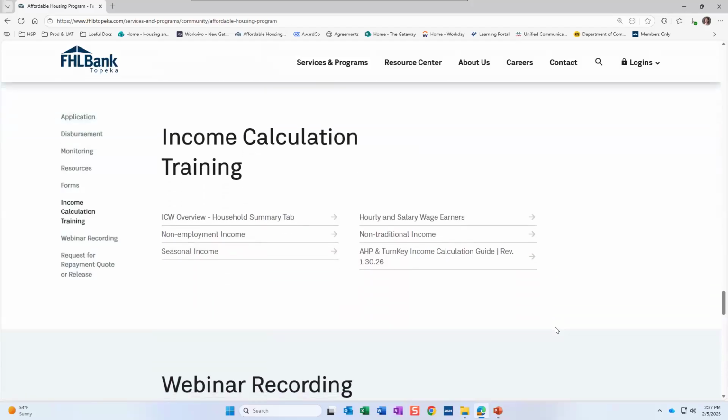Then we get to our income calculation training section. So again, another link to the income calculation guide is down here. There's 2 of them on the website. This also has all the videos I was talking about earlier. So if you'd like video tutorials on how to fill out the income calculation workbook or ICW, we like our acronyms around here. You'll notice that pretty quickly. So if I ever say an acronym or someone emails you an acronym and you have no idea what we're talking about, please feel free to let us know. Don't let us leave you in the dark there.